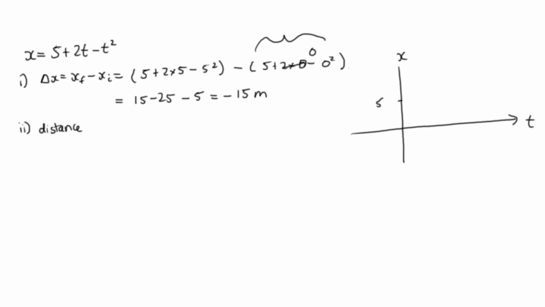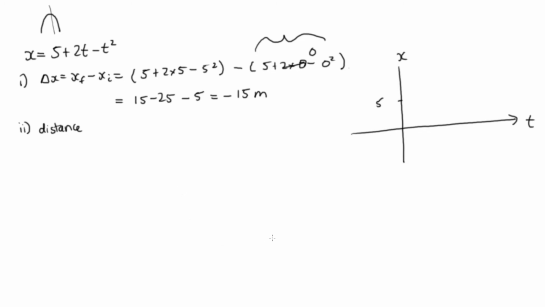But what it's tracing out here is a parabolic path. So there's a few different ways that we can sketch this parabola. One way to do it is to realize that because it's got a negative in front of the t squared term, it's going to be an upside down parabola like this one. And what we want to do is work out where that maximum peak is going to be,